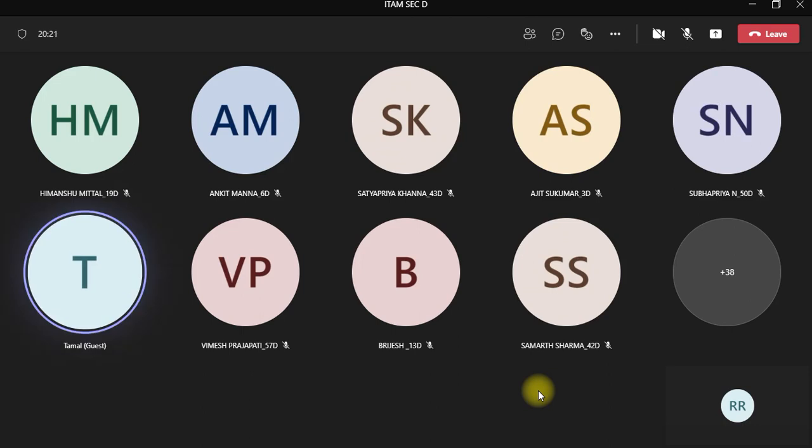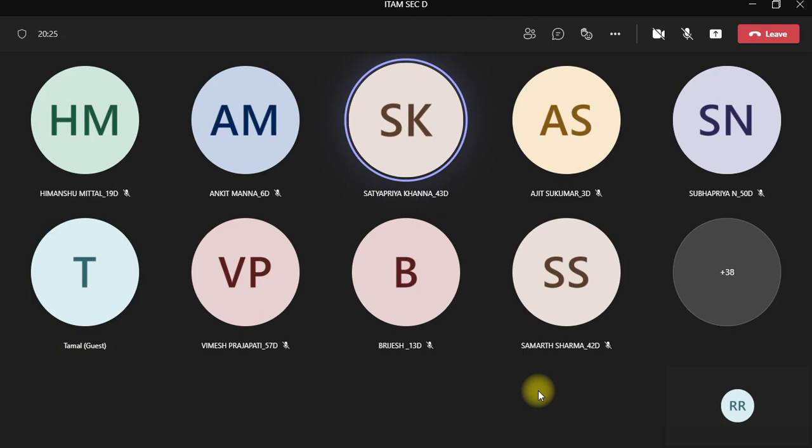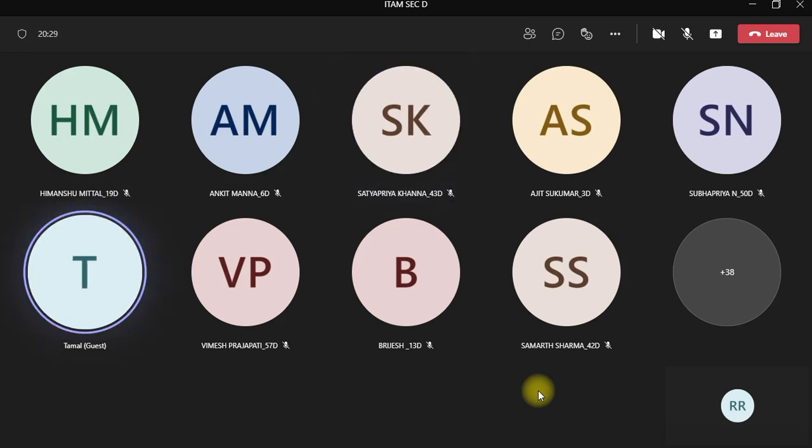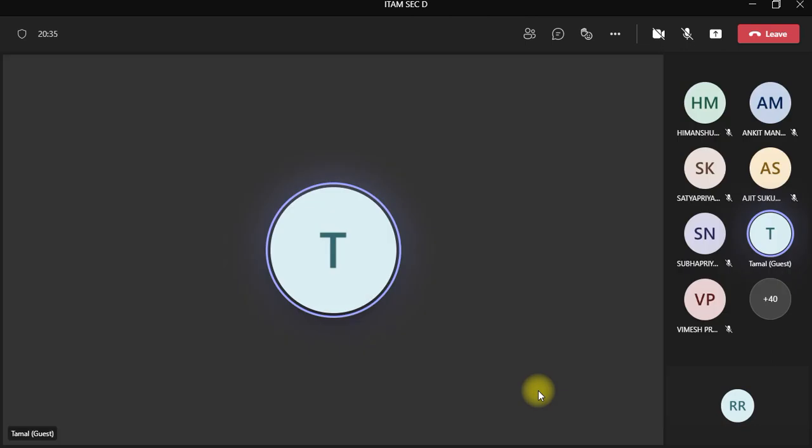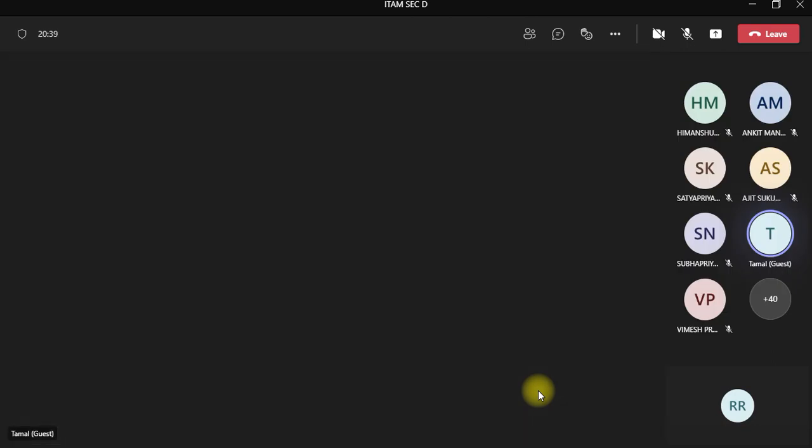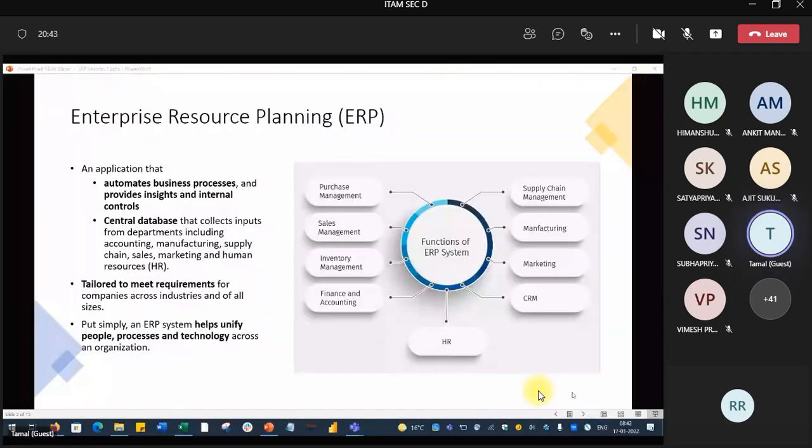What ERP does, they all integrate. Sir, are you sharing your screen? It's not visible to us. Sorry, tell me. Yeah, I have forgotten. No, I am not. Thank you. Tell me, when you cannot see my screen or hear my voice, please let me know. Sure. Okay. So that is the screen I was talking about.